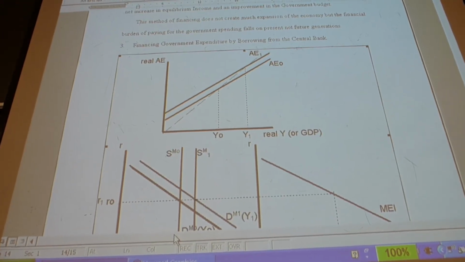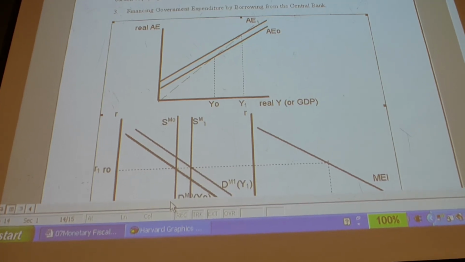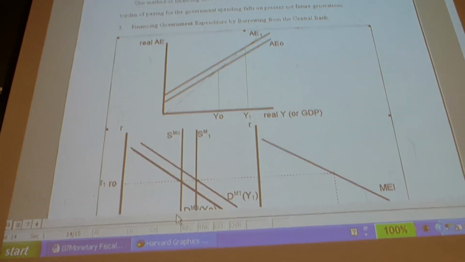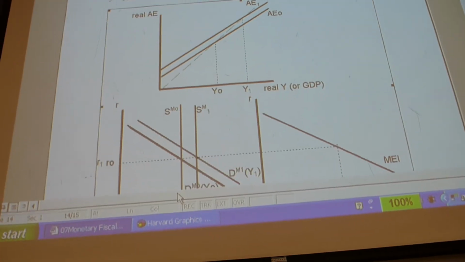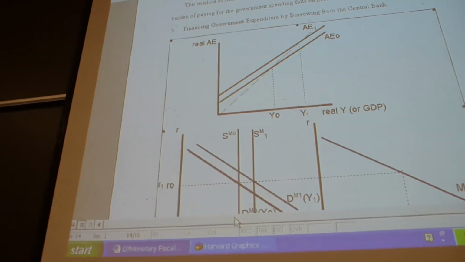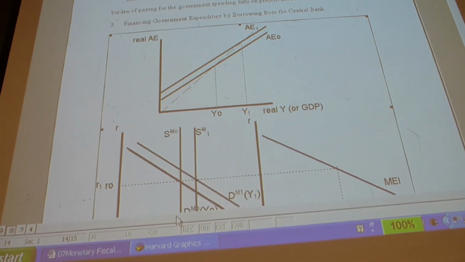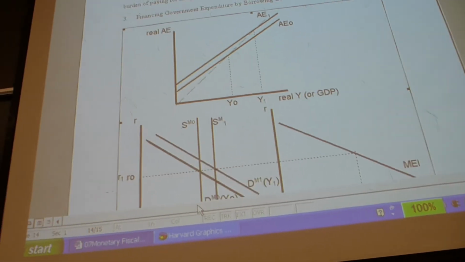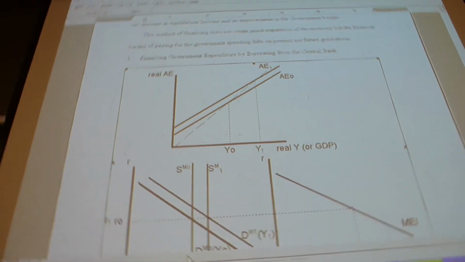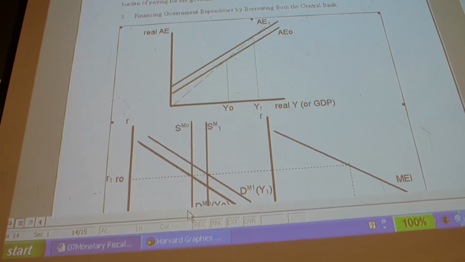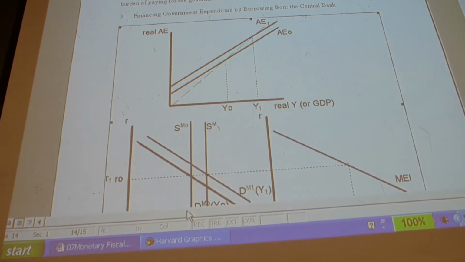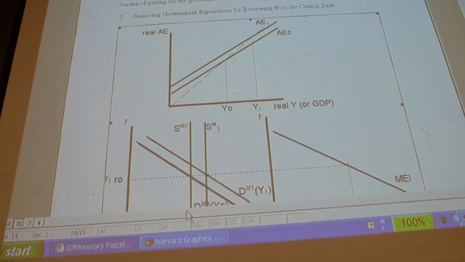Well, the tax, if you paid for a government spending of 100 million by increasing taxes by 100 million, you would still get a net increase in GDP. Because if you increase taxes by 100 million, the public doesn't just decrease consumption by 100 million. They decrease consumption by less than 100 million. So you get a net effect, but it's basically the effect of the change in G minus the reduction in consumption due to the increase in tax. There's some net increase in government spending there. And so you do get a net change in GDP.